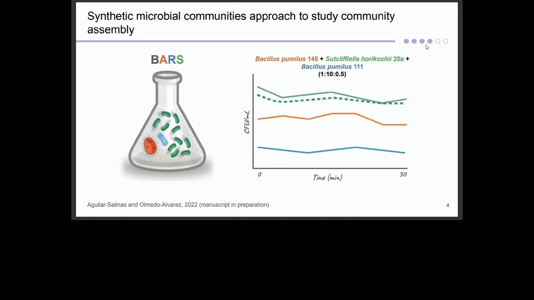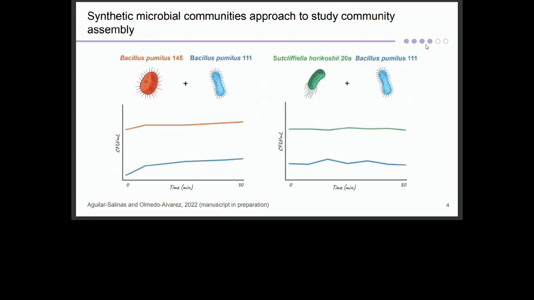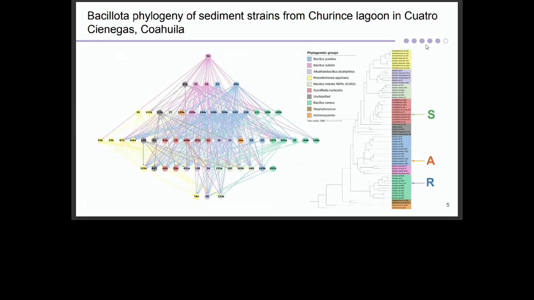And another important thing is that the Bacillus pumilus, the blue species, is in a very low proportion. It's at 0.5. I put this only for you to really believe me that these other pair interactions are not affecting the dynamics. So it's really an antagonism and some kind of protection.